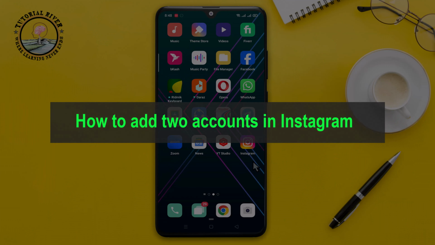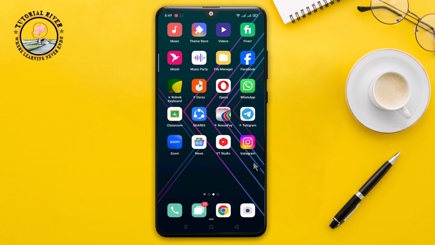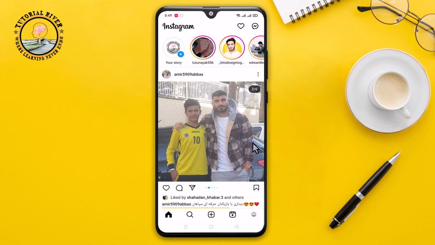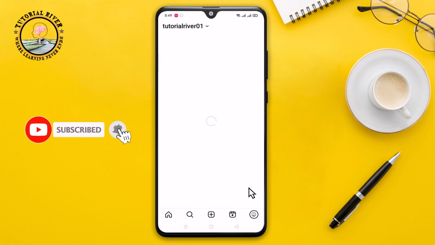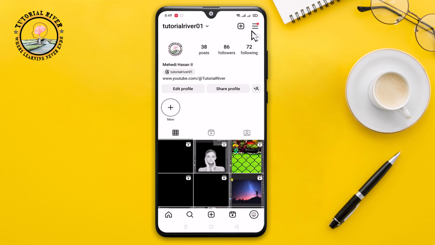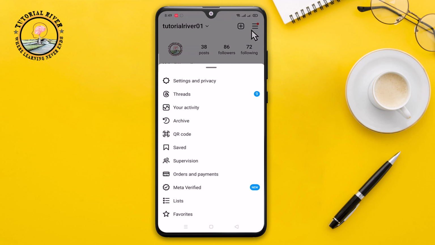In today's video I'm gonna show you how to add two accounts in Instagram. So first of all, open Instagram account, click on the profile icon and tap on the three line at the bottom right corner, settings and privacy,